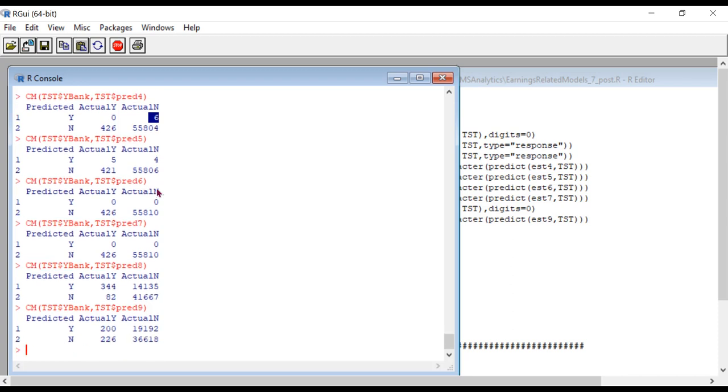The XGBoost, we predicted 5 correctly that actually did go bankrupt. We incorrectly predicted 4 that didn't go bankrupt. The neural network, nothing. We didn't predict anything, so we're the same as all of these. Same thing with the deep neural network, nothing. The oversampled versions of the